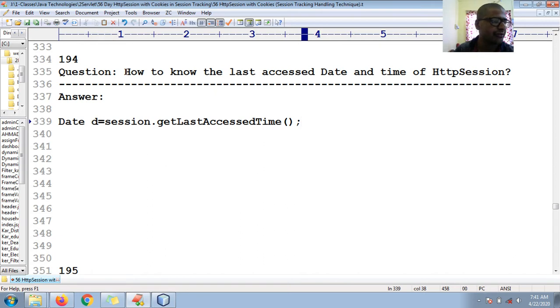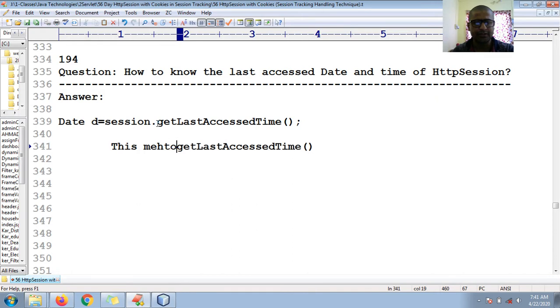milliseconds. Okay, fine. So this getLastAccessedTime method gives date and time.